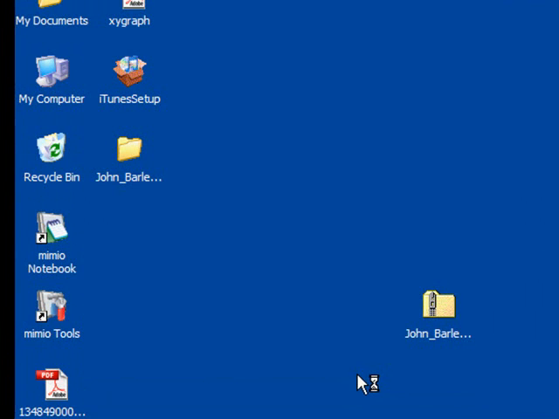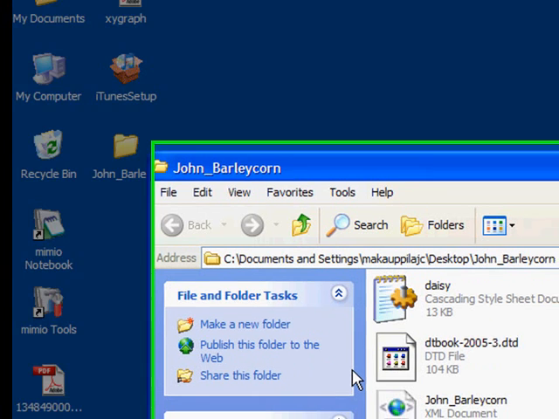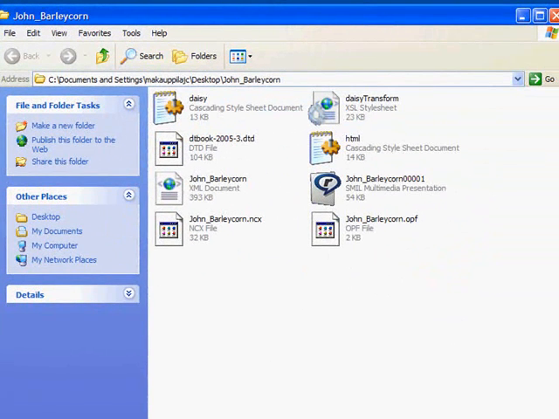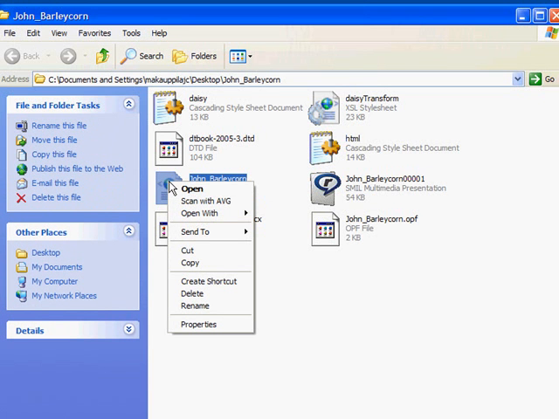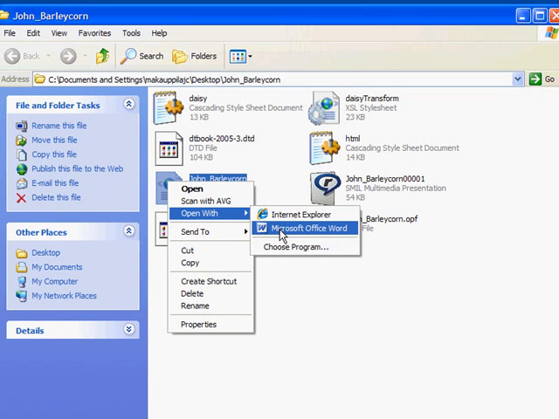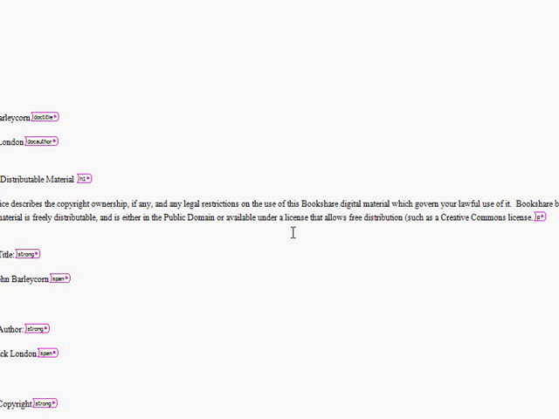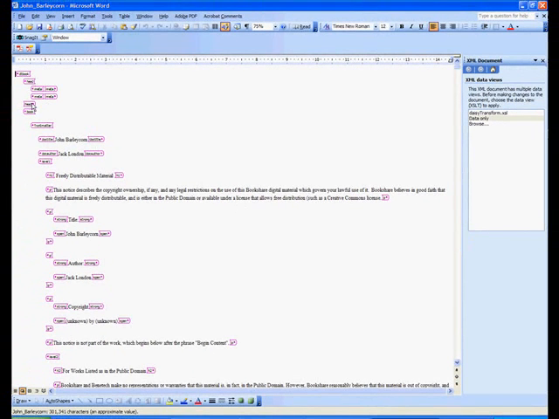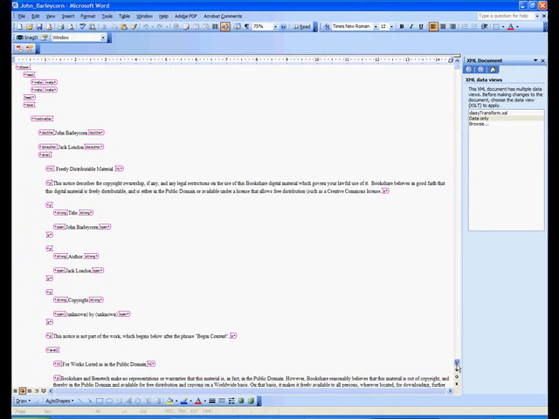So I'll select Finish. Here we are in all of the files in the folder John Barleycorn that we see here. The file that you want to look for is an XML file. XML files can open up in Microsoft Word or Internet Explorer or Firefox. So I'm going to right click on that XML file and select Open With. I get a drop down window here, and I want to open it with Microsoft Office, and it will open up, and you can see these tags here are called XML tags. You can ignore them,